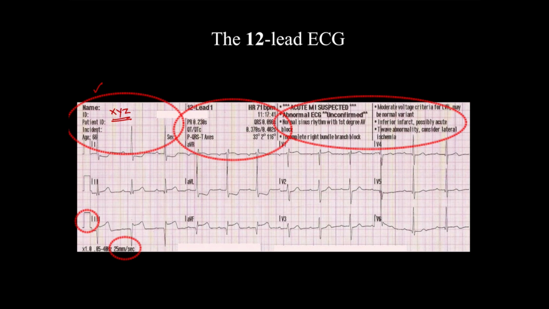Next thing you see is the calibration. This is the y-axis calibration and this is the x-axis calibration for an ECG. Normally, the speed of an ECG trace is 25 millimeters per second. This is the normal one. And calibration wise, you can see 10 millimeters equals 1 millivolt. So this is the marking for 10 millimeters and that denotes 1 millivolt. These calibrations, the x-axis and y-axis, can be changed in order to gain additional information in various special situations. Which brings us to the graph paper of the ECG.